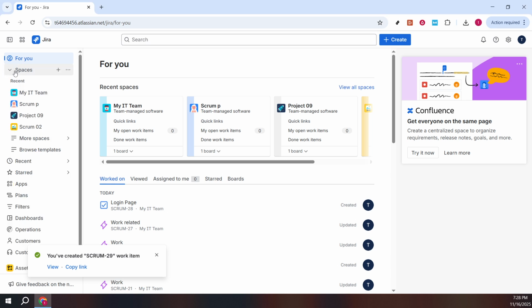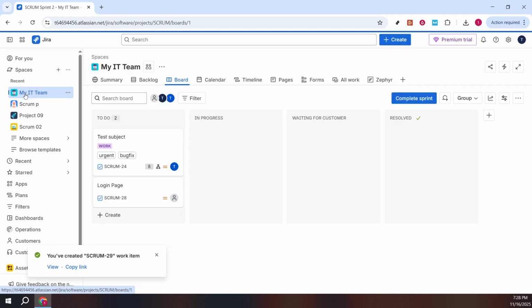This step is crucial as it helps you access the specific project or area within Jira where your task is currently housed. Once you've clicked on spaces or project, you'll be directed to a more focused view of the selected area. It's imperative to keep track of where you are, as all further actions will be executed within this context. From here, look for the board that represents the specific area of your project. Clicking on this board will take you to a detailed view, displaying all the tasks that fall under that project